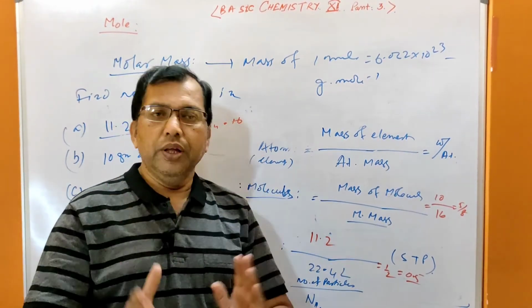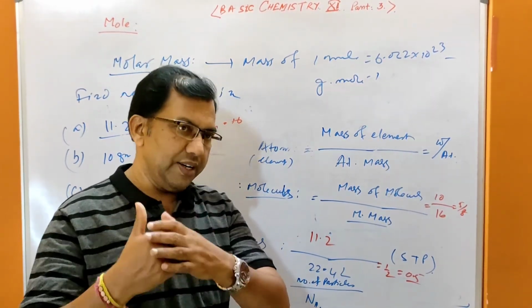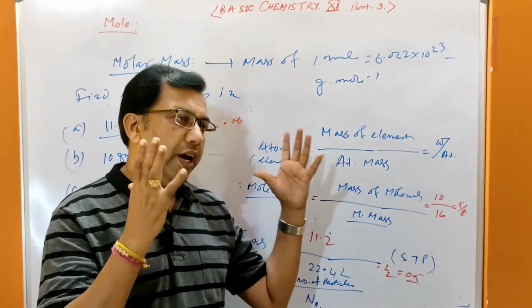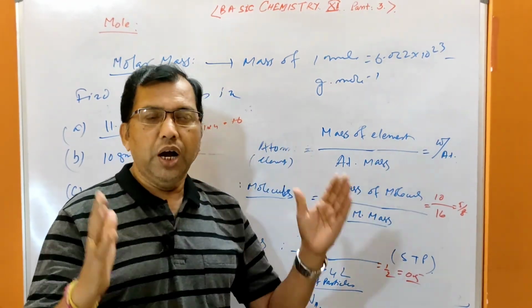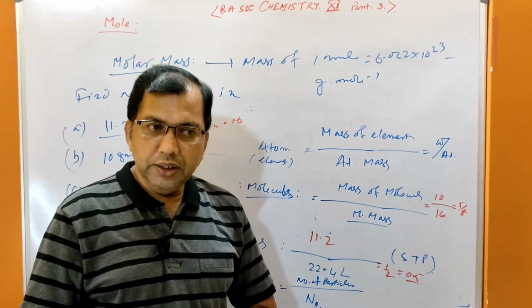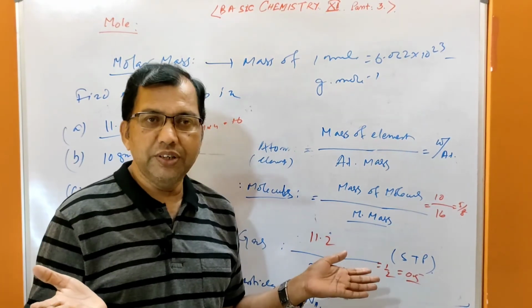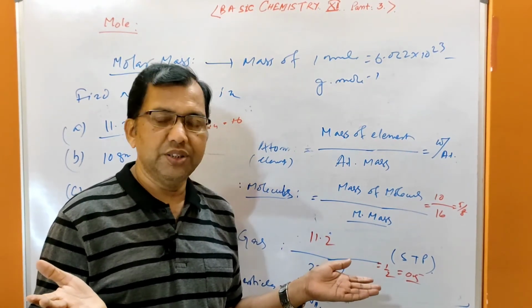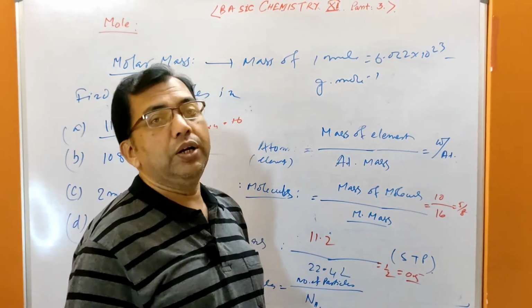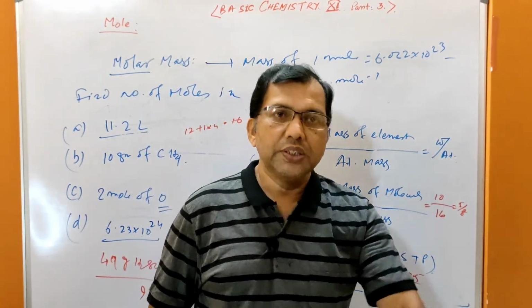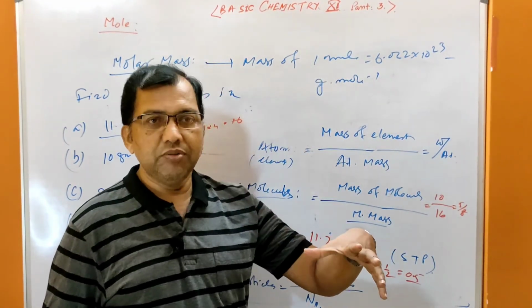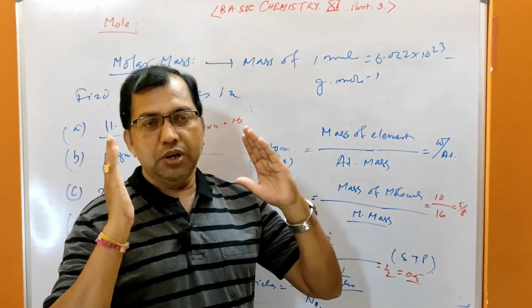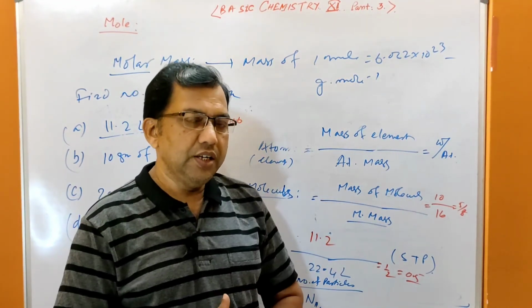So how do you find the empirical formula and molecular formula for given conditions? In that case, you have to know the vapor density. I will discuss vapor density next day, and how to find the molecular formula from given conditions. Percentages of carbon, hydrogen, oxygen in some compound will be given, and you have to find the empirical formula from them. So next day I will discuss empirical formula, molecular formula, vapor density,